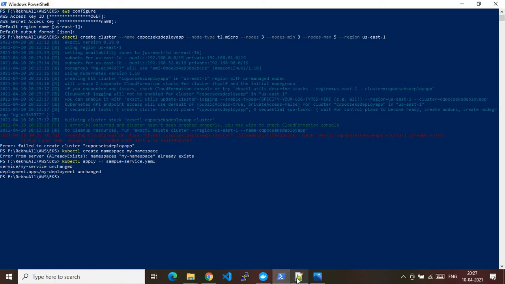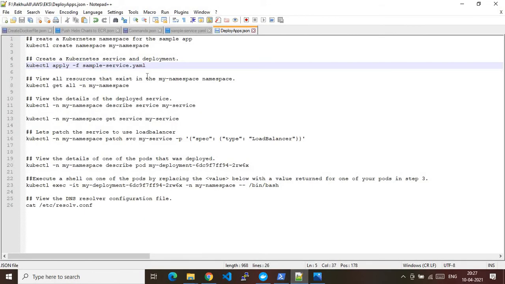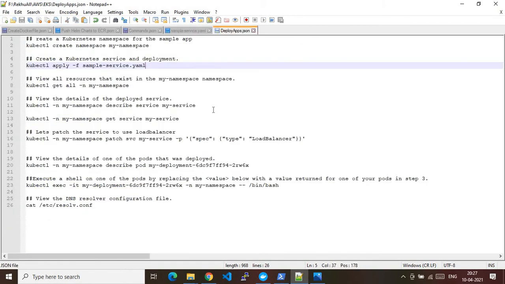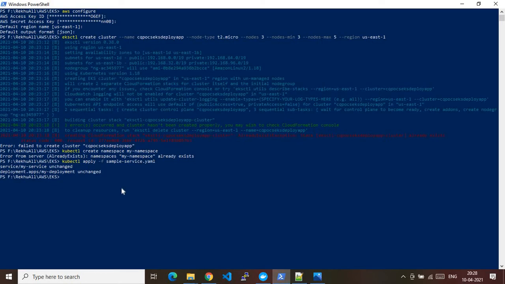Now I have successfully published my application. This specification based application is already published to the EKS cluster, and my containers are running now. So now let's get the information about my namespace. How can you do it? You can do this using this command, kubectl get all, which gets all details about my namespace. So let me run this command. It will give us the complete detail about my EKS namespace.